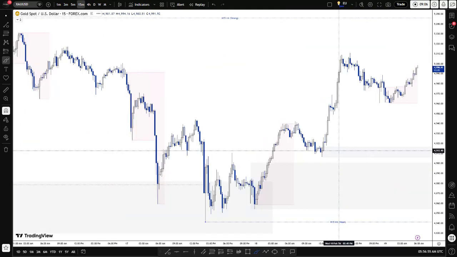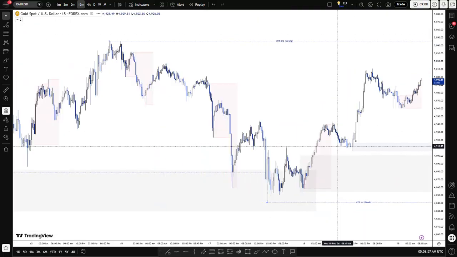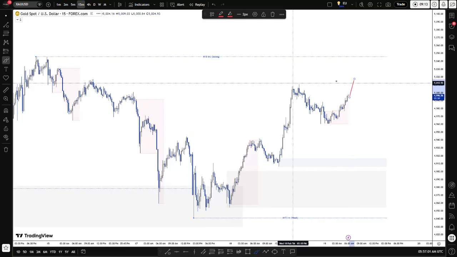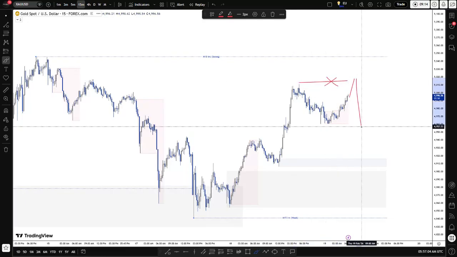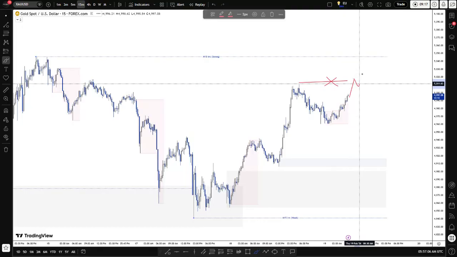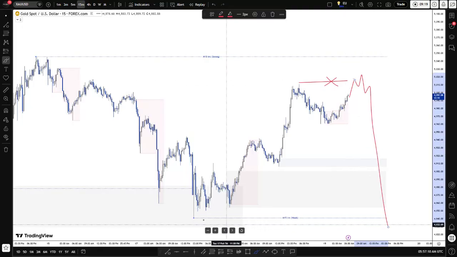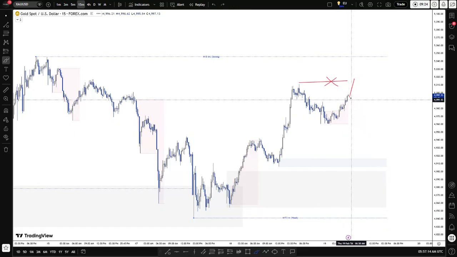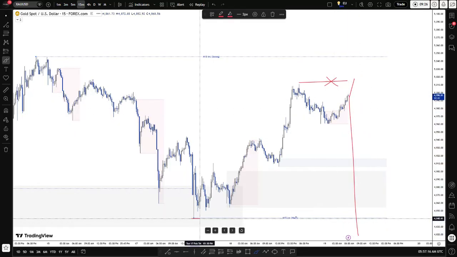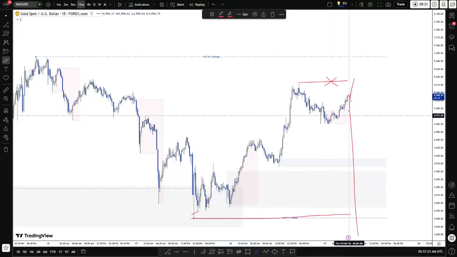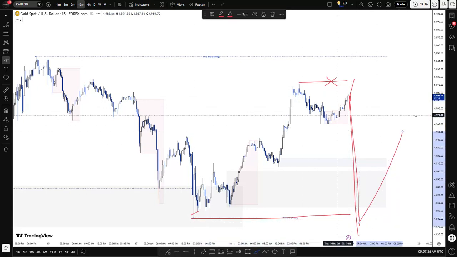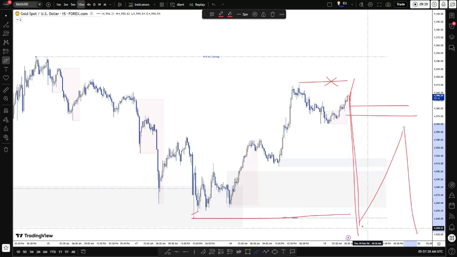So for today, if you want to get involved for shorts, you could wait for price to sweep this high, followed by a bearish order flow shift, then you can look for shorts targeting the weak internal low. Or you could wait until we get that IBOS, although it will take a lot of time. You see, from here to here, it has taken 2 days, so it can take a lot of time before this low is taken out. So you can wait for that, then wait for the pullback, and trade from the strong high targeting the weak low.